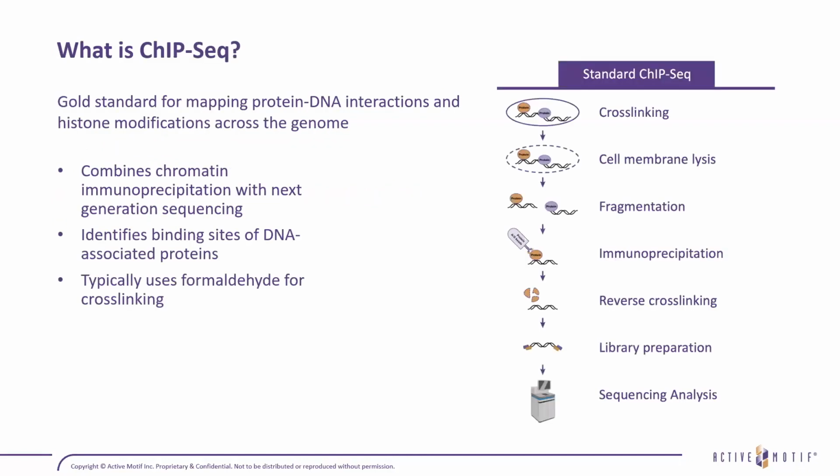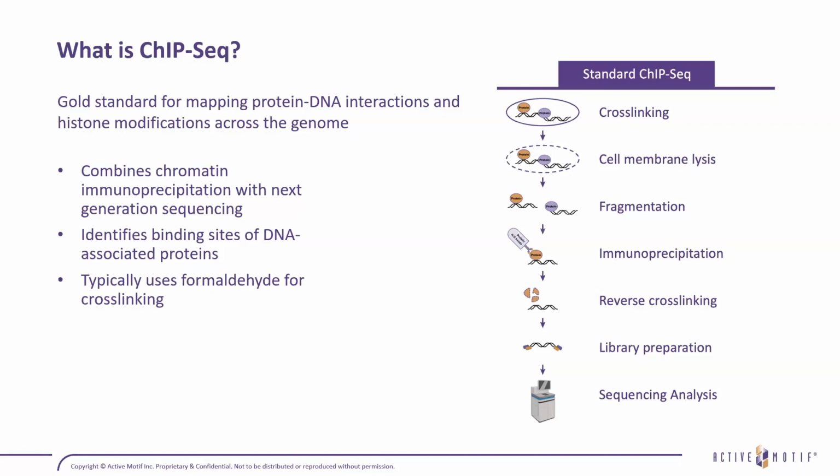So let's get into what is ChIP-Seq. Well, ChIP-Seq is the gold standard method that is used for mapping protein-DNA interactions and histone modifications across the genome. It's a technique that combines chromatin immunoprecipitation with next-generation sequencing, and it is used to identify binding sites of DNA-associated proteins throughout the genome. Typically, you do need to use some sort of cross-linking agent. Formaldehyde is commonly used, and the reason for that is you really want to lock in those proteins at those